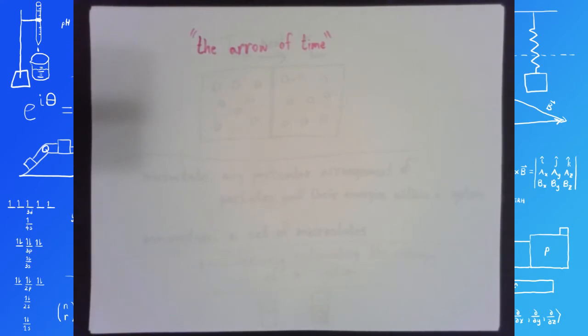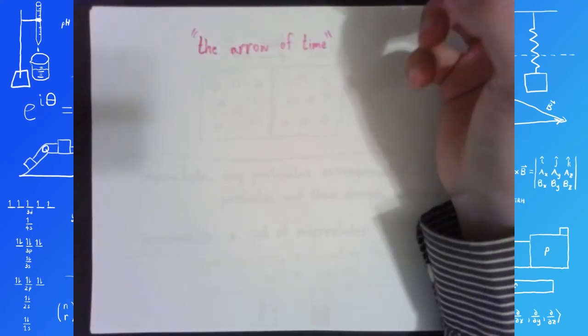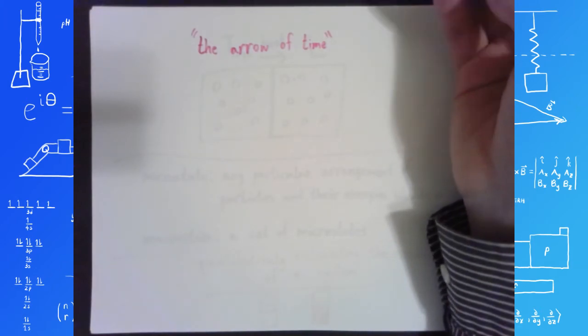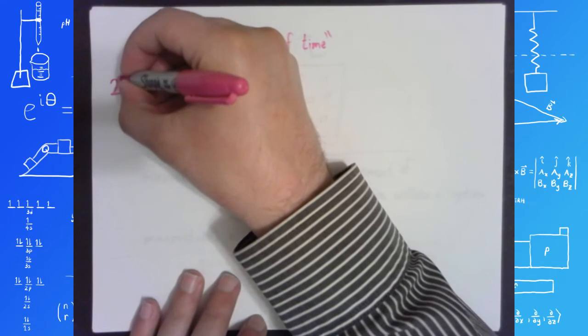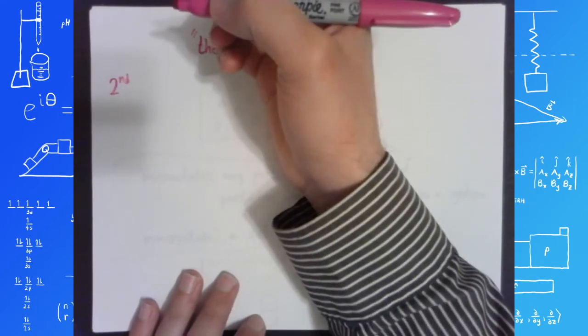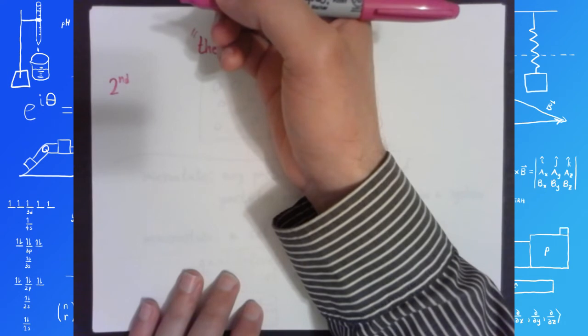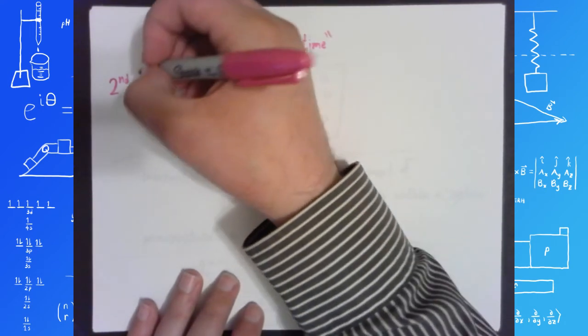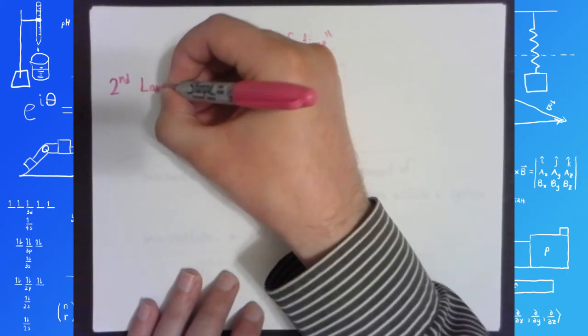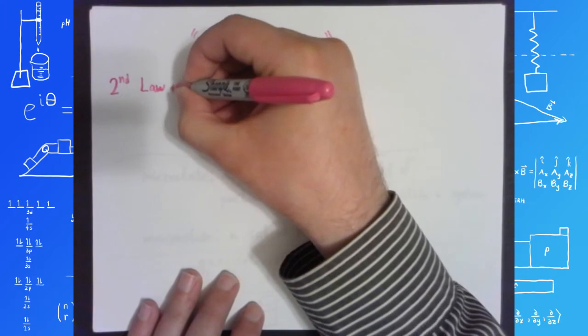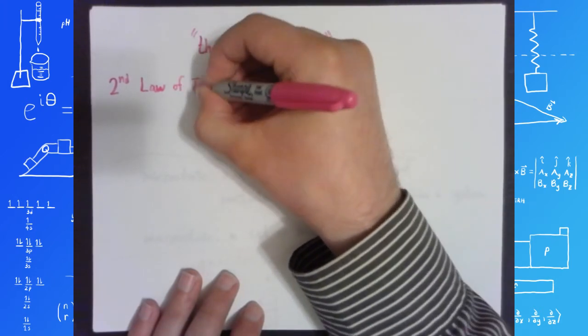Basically, the idea behind this is that as time progresses, as time moves forward, the total entropy within the universe has to increase. And that's the second law of thermodynamics, by the way. We covered the first law in video number 6. The first law said that the total energy in the universe is conserved. The second law of thermodynamics